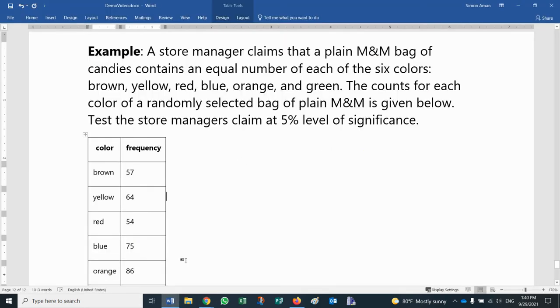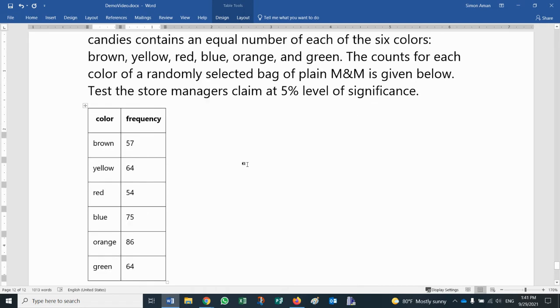Let's look at this example. A store manager claims that a plain M&M bag of candies contains an equal number of each of the six colors: brown, yellow, red, blue, orange, and green. The counts for each color of a randomly selected bag of plain M&M is given below. So these are called the observed frequencies. So from the bag that was randomly selected, there were 57 brown, 64 yellow, 54 red, 75 blue, 86 orange,